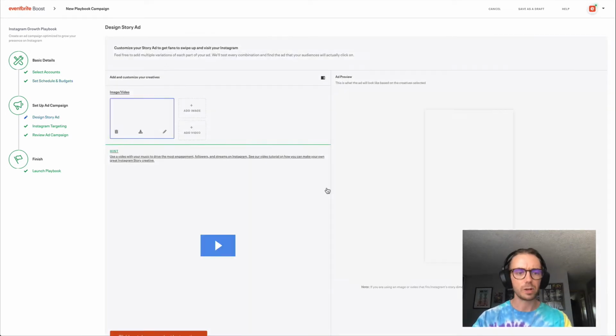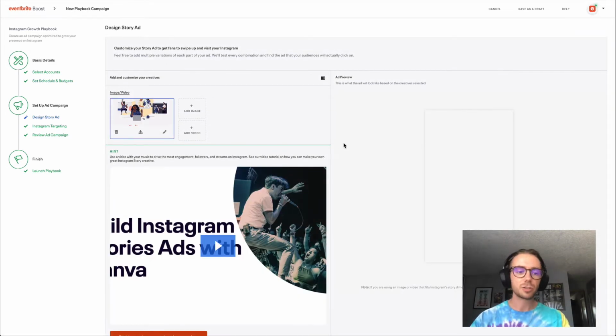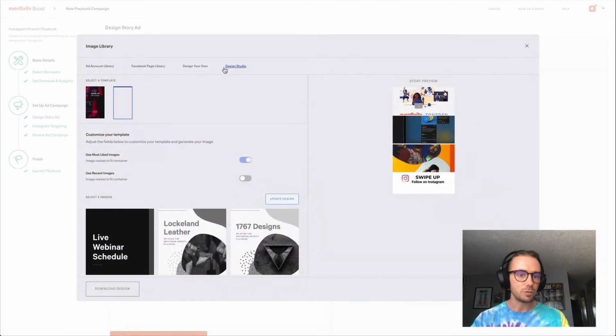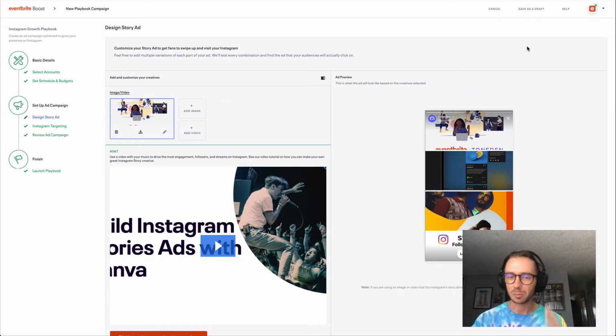So once we've done that, we are simply going to be uploading the image or video that we want to use with this campaign. Now, if you don't have any content to work with, we actually will automatically generate an image for you, and we have an integration if you hit the Add Images button that you can use to design your own creative. But in all recommendations, this is strictly designing image content, and this campaign performs substantially better